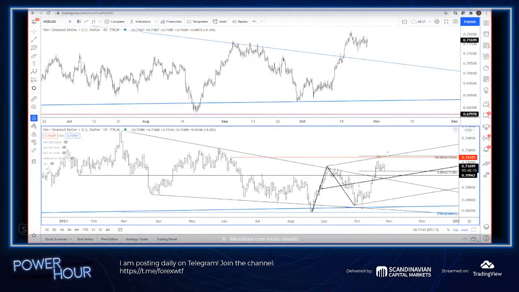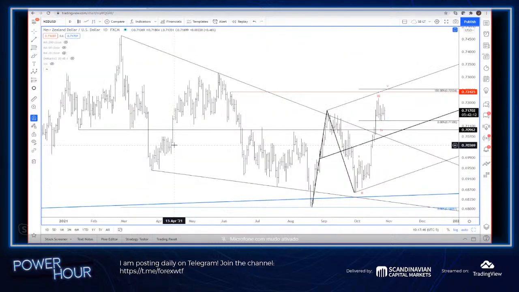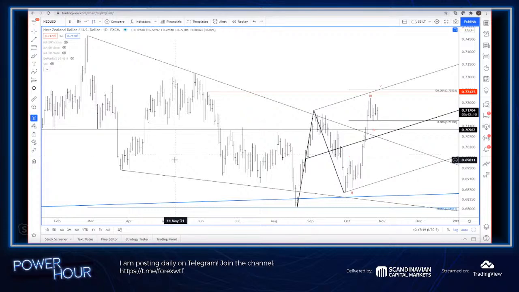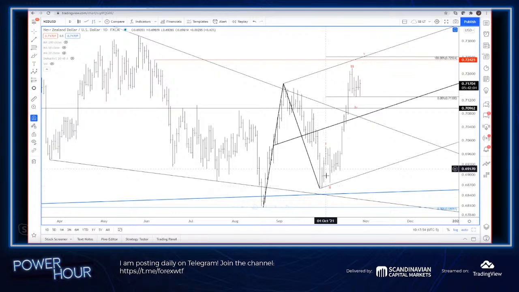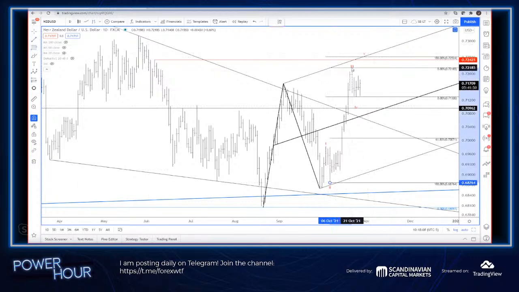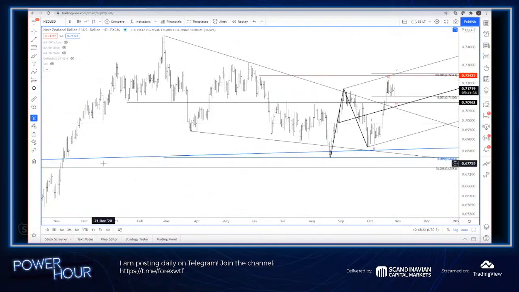Be awfully similar to the Aussie dollar, and in this case, you can see the two equal legs. I'm thinking that 1, 2, this is a big 3. I'm thinking we've got more of a 4-wave or a 4th wave sideways move here from the high last week. That doesn't mean you couldn't still come back down to like 71. In fact, if you threw up a fib from here to here, your 38.2 is right there at 70.90.